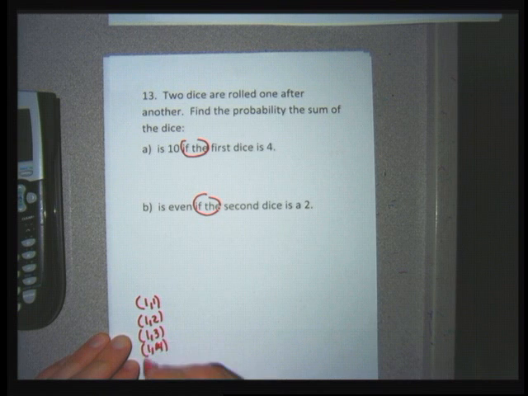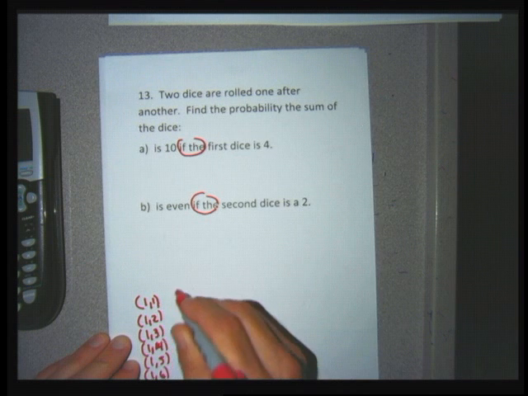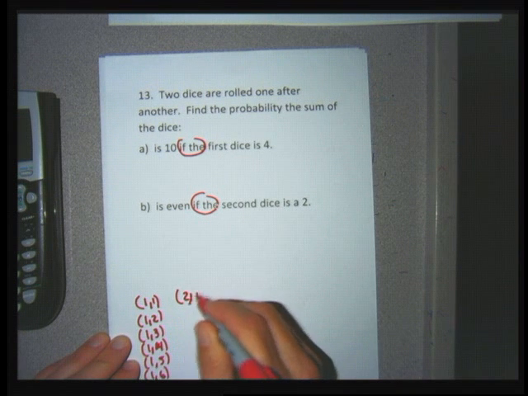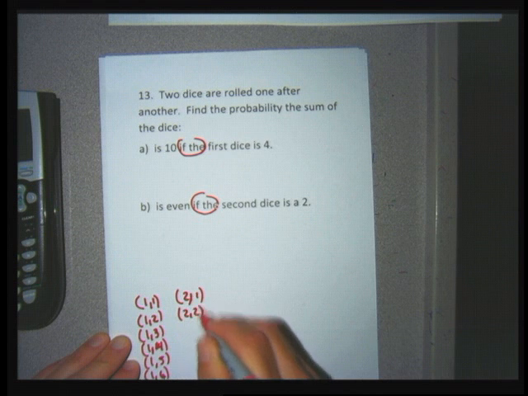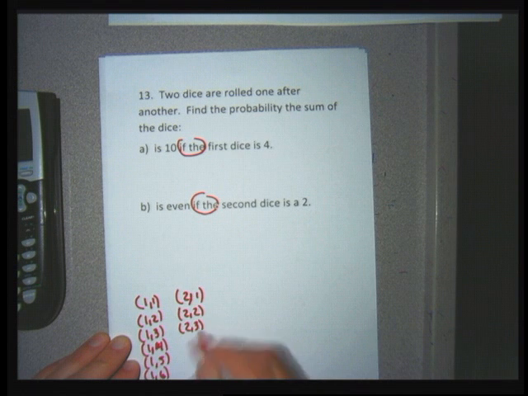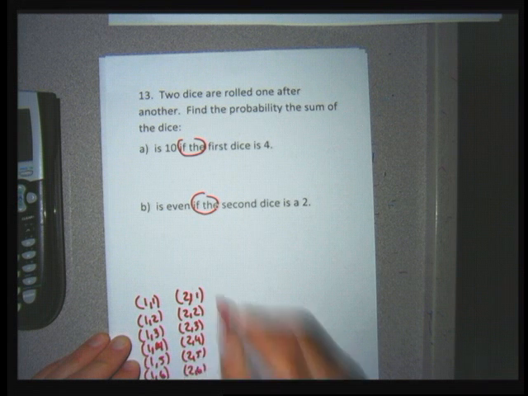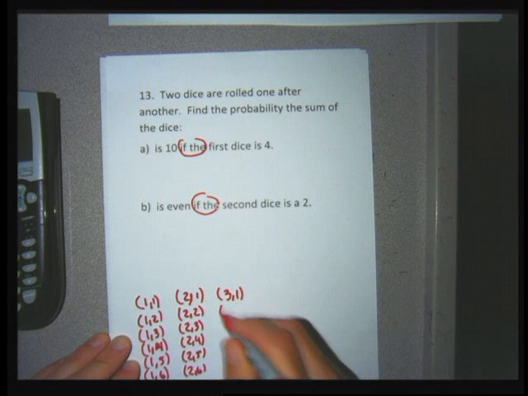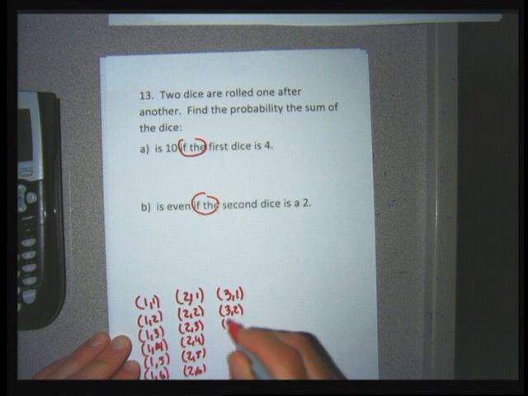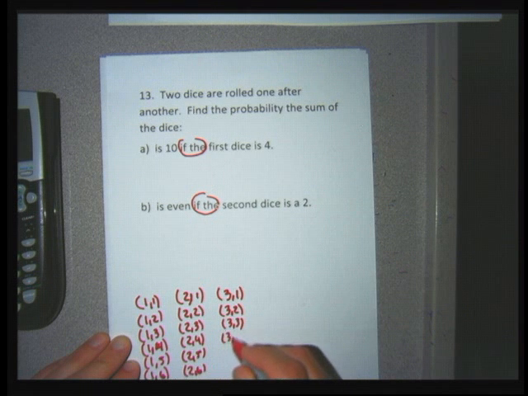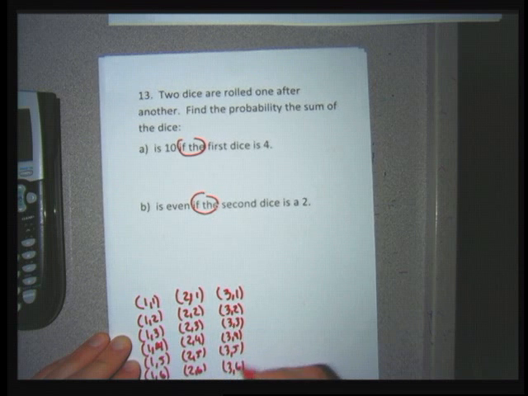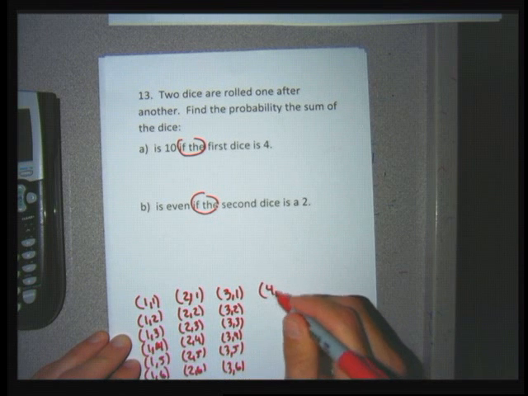There are definitely explanations of how to get this sample space given in a video somewhere. So I'm just doing first dice, second dice. The first dice can be a 2, and the second dice can be any of the numbers 1 through 6. And then the first dice can be a 3, and the second dice can be any of the numbers 1 through 6. There's going to be 36 elements in the sample space,